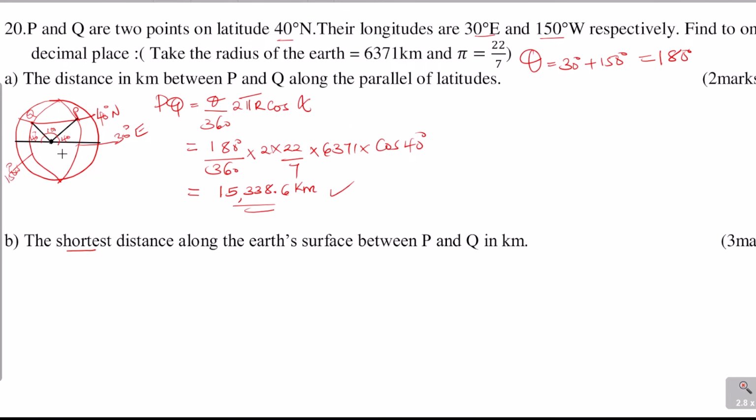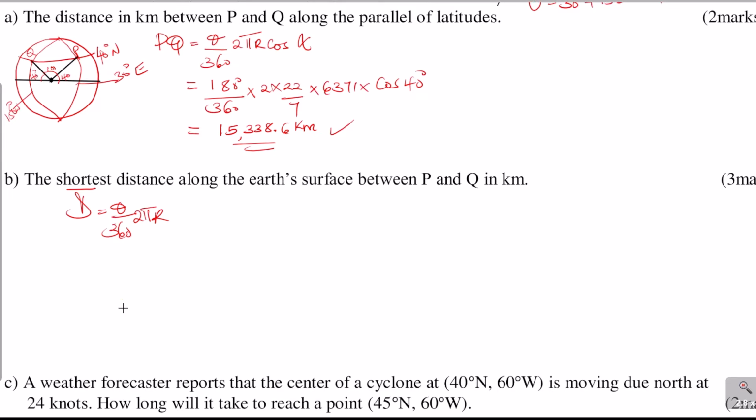So now when you're calculating the shortest distance, we're going to use this formula: theta over 360, times 2 pi r. That is how we get the distance along the great circle. Therefore, the angle is the one that is changing. Now the longitude difference will be 100 degrees, the angle at the center here. And we got it after considering this angle. P is 40 degrees north of the equator, so this angle is 40, this one is 40. So the angle between there is 100 to make the sum of the angles on this straight line